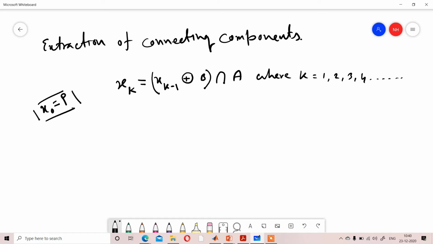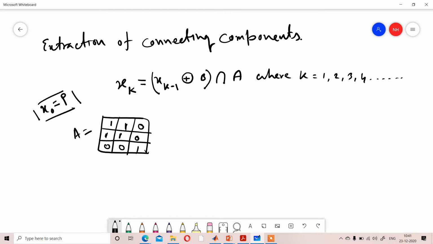Okay, here what is happening? One image will be given, that is image A, and these are the 4 pixels.